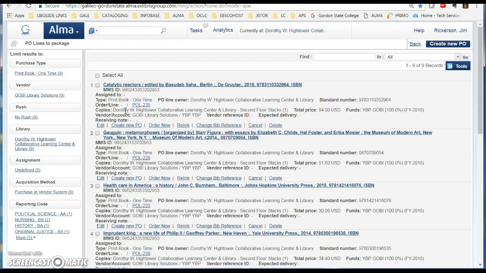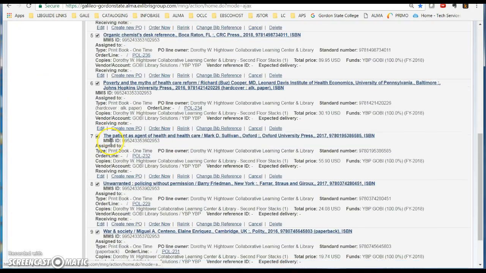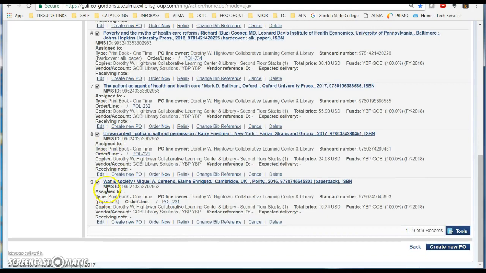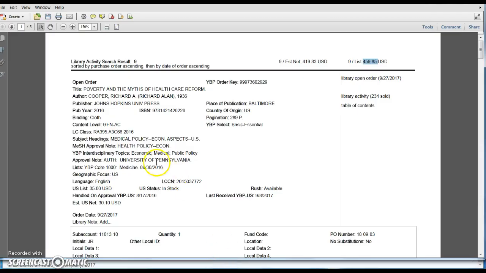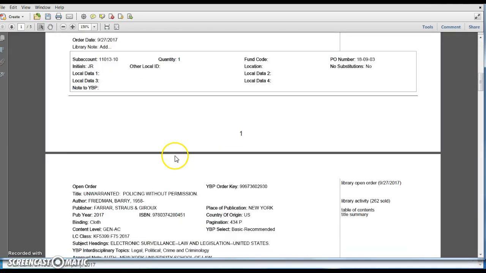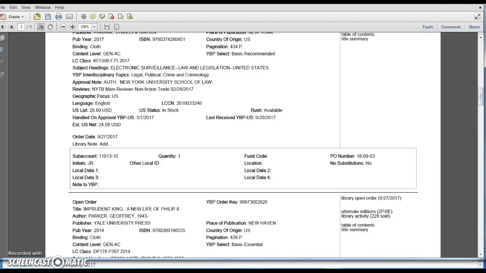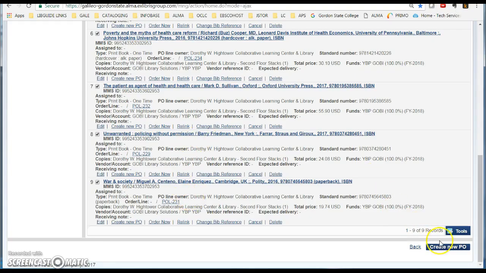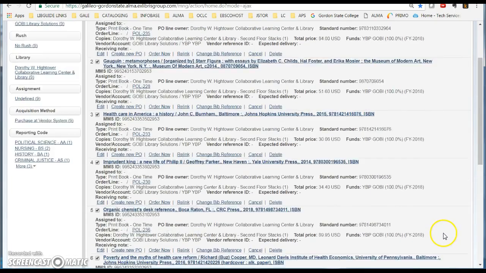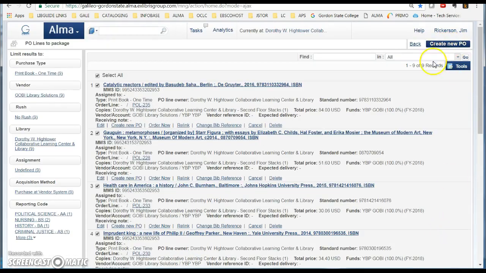And what I'm going to do now is select all of these titles, because all of these titles here are on this purchase order. And then I'm going to click Create New PO, and they have a link on the bottom of the page and also on the top, and it doesn't matter which one you select. So I'm going to click Create New PO,